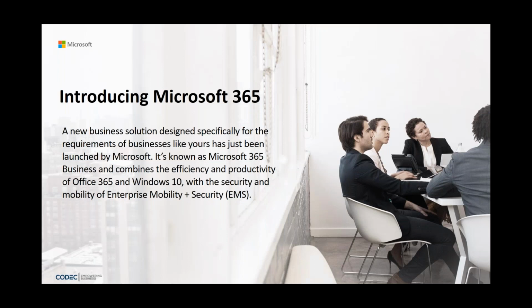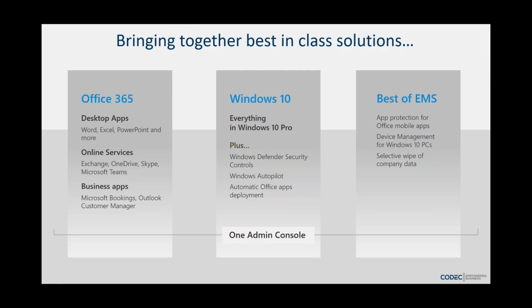So finally, just a couple of things here. We're obviously a Microsoft partner, and Microsoft have introduced the Microsoft 365 package, which is from the Office 365 range, but incorporates a number of things in here. And just have a look at these. It's got the Office 365, which is around the desktop apps and online services and so on. You get a lot of stuff in there. You get your SharePoint. There's so many apps. I mean, it's really